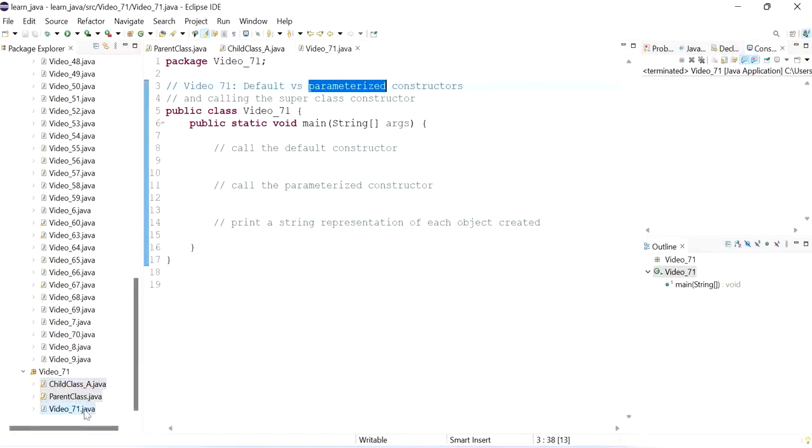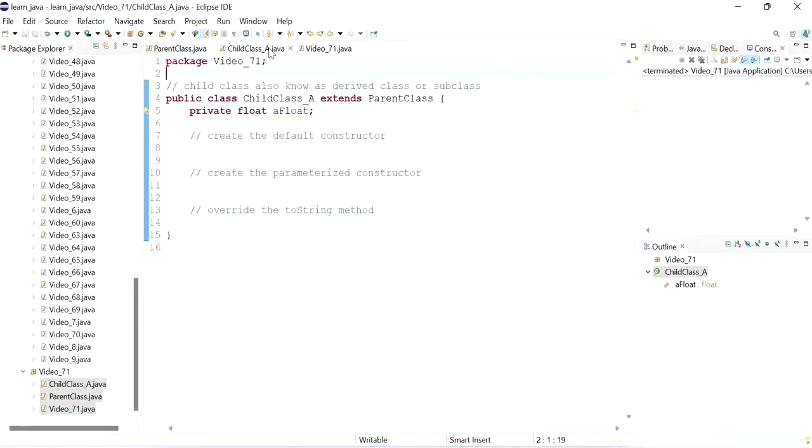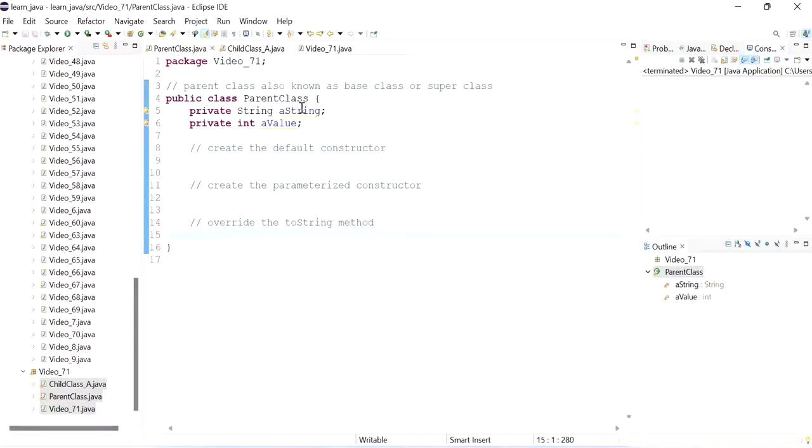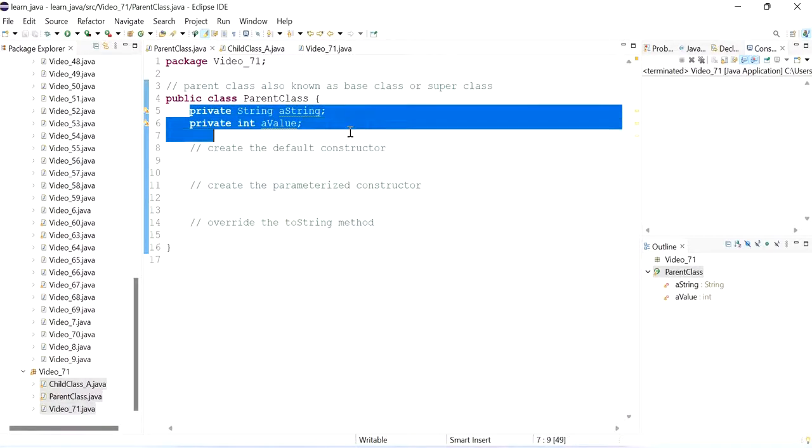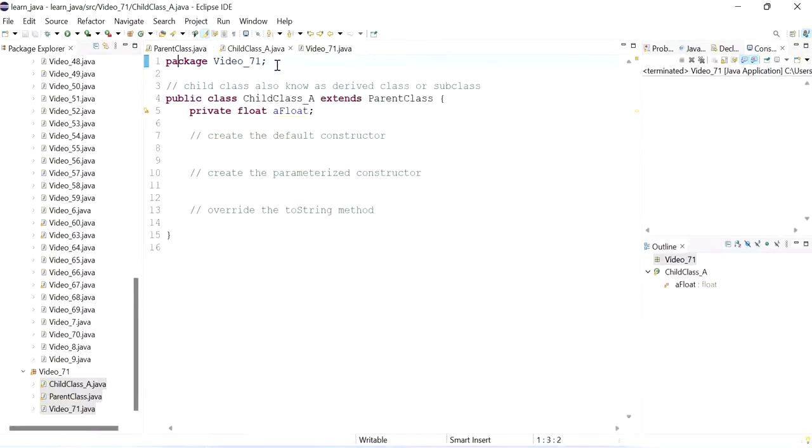I've actually got three Java files. Now the first one is the one that's got the main method. This is where we'll be launching our application. And we've also got a parent class that pretty much doesn't have anything in it yet, just two instance variables, the string and an integer value. And then we've also got the child class that extends from the parent class and it's got one field of